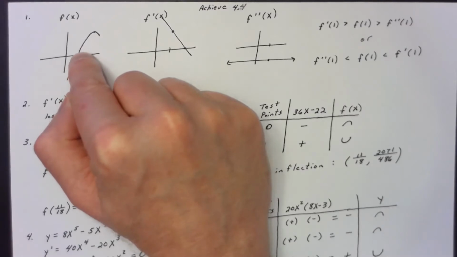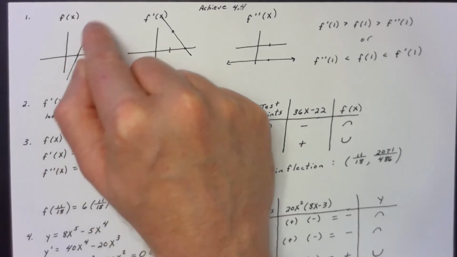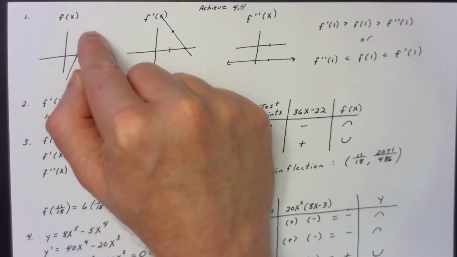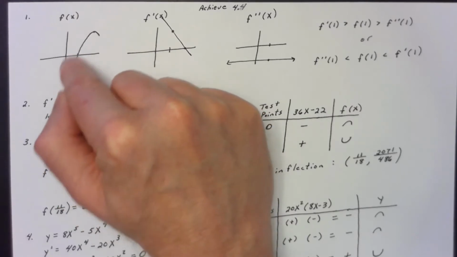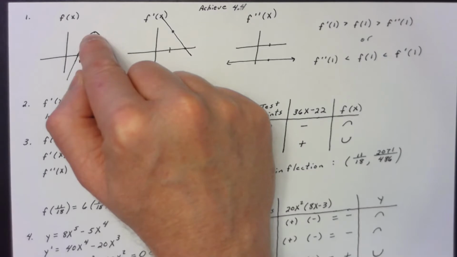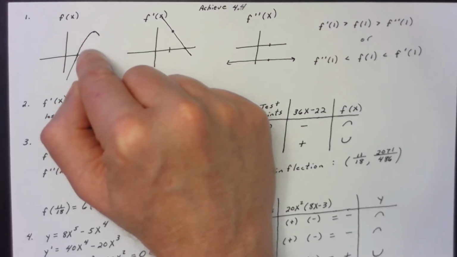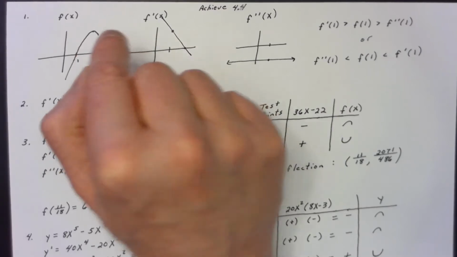Now, let's go ahead and graph out what the first derivative would look like. We know that anywhere where the original function is increasing, the first derivative is positive. And I also know that the derivative of any quadratic function, second degree function, is going to be a linear function, a first degree function. So this is like a negative x squared. Its derivative would be like a negative 2x. So I can say the graph of f prime of x is going to be some shifting of negative 2x